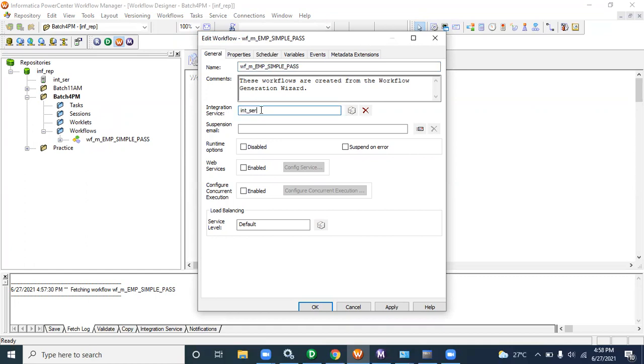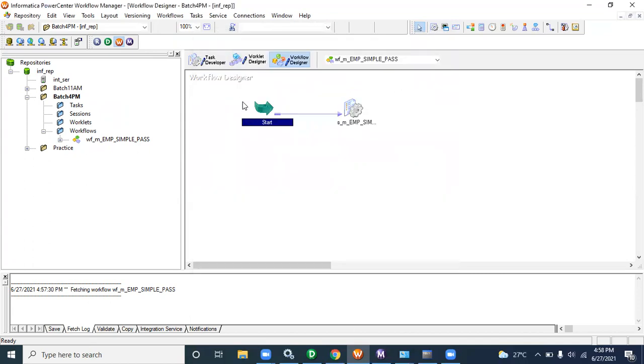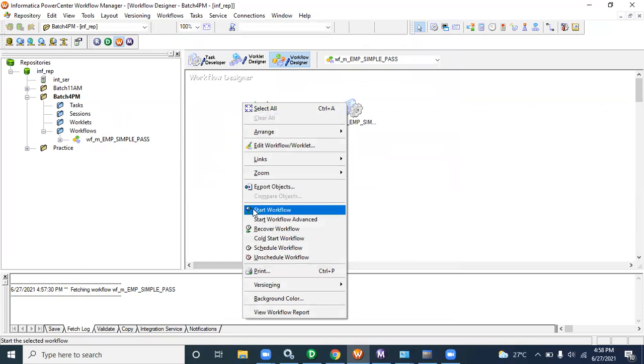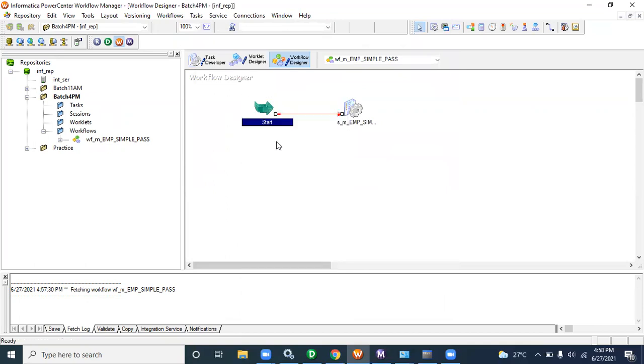I think we already discussed the integration service in an earlier session. The integration service is the service which is responsible for running the job, right? So here you can see the integration service, you can run the job. That means when you right click and start workflow, it will start from here.